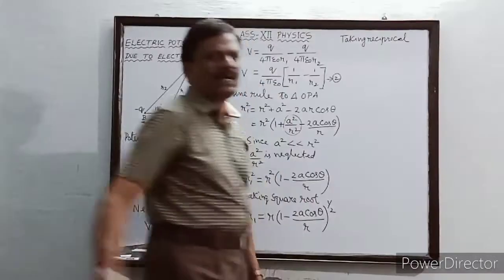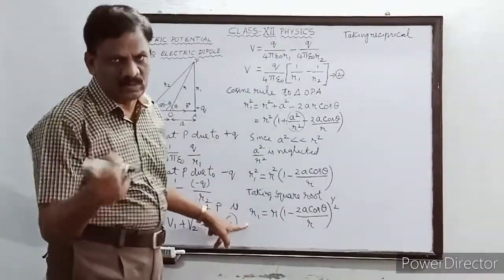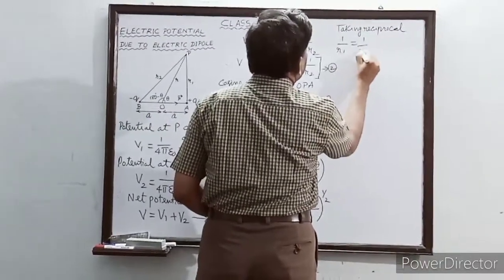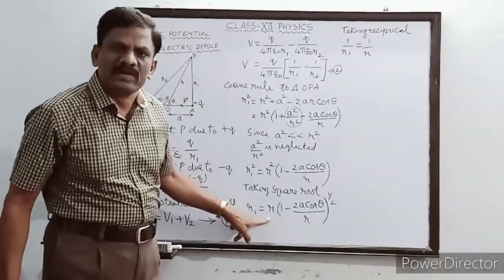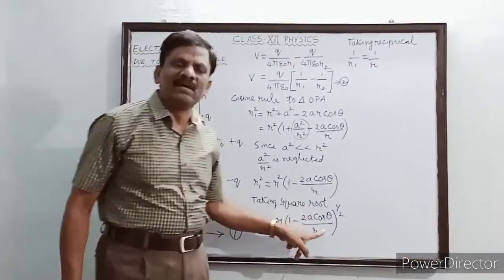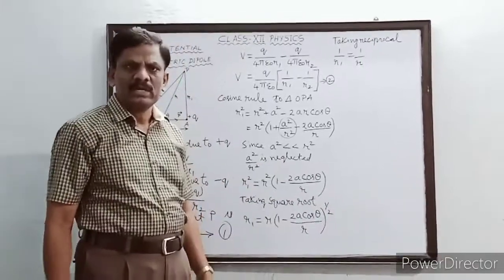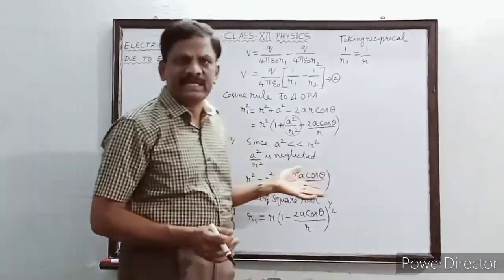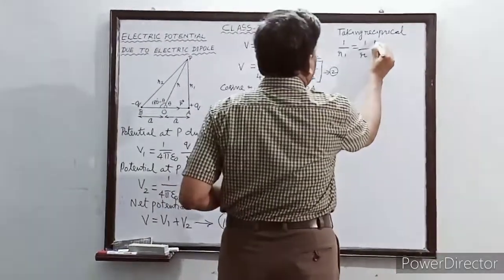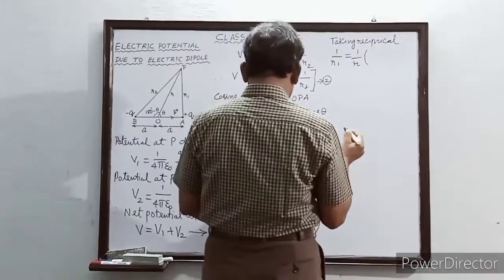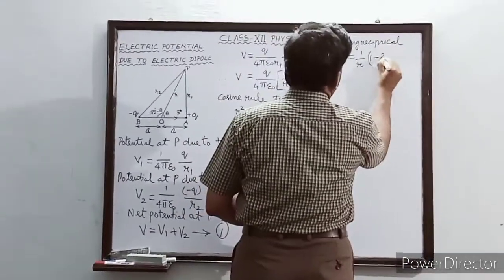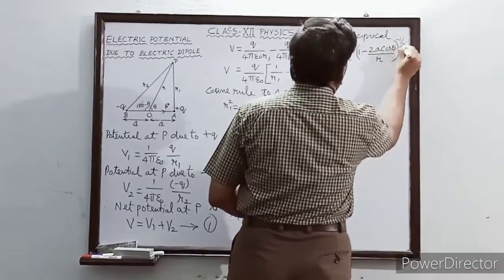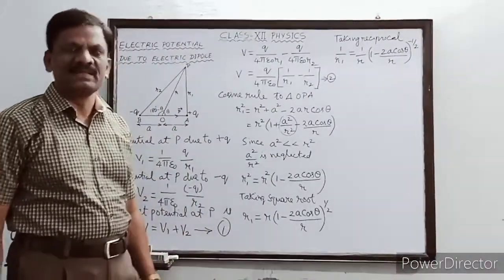If you take the reciprocal on the left hand side, what will be the term? 1 by r1. Am I right? So this is 1 by r1 is equal to, right hand side will become what? This will become the reciprocal, 1 by r. But if I take the reciprocal of this term having a power 1 by 2, we can retain the term in the numerator and change the power to minus 1 by 2. Shall we do like that? Is it right? Okay. So this is again 1 by r into, that is the reciprocal, 1 minus 2a cos theta by r whole power minus 1 by 2. Okay, I have taken the reciprocals.